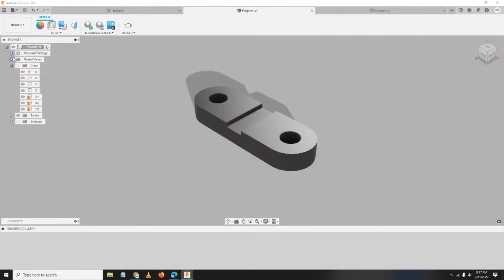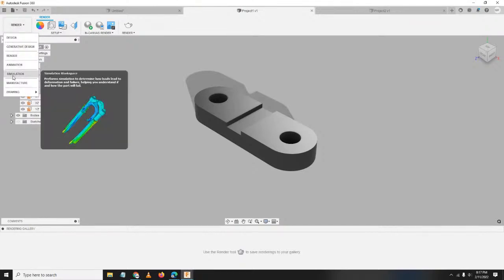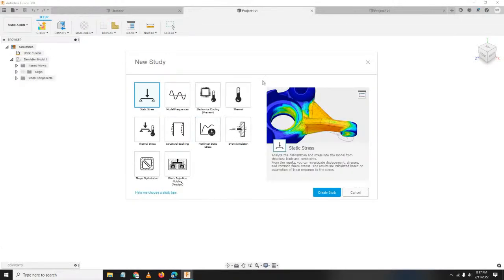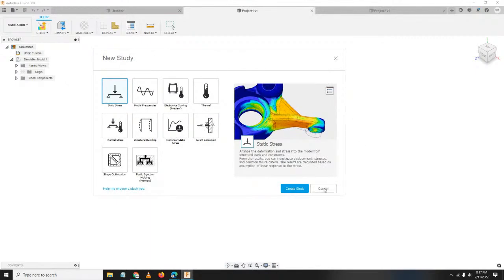Ayan, nagbago rin yung toolbar natin and yung environment natin. Nagbabago siya guys, depende sa workspace na pinipili nyo. For example, dadalhin ko siya ng simulation. So cancel ko na lang siya.